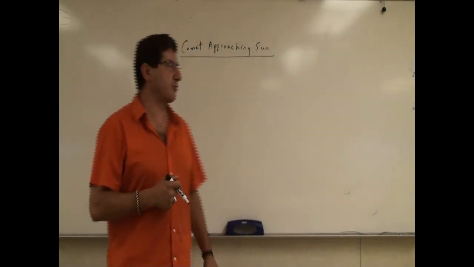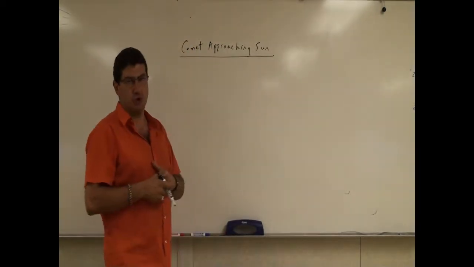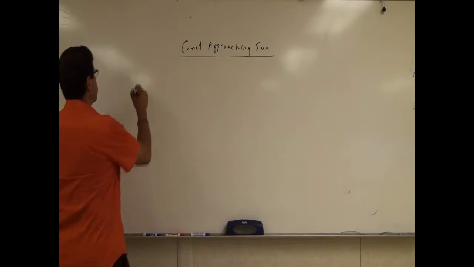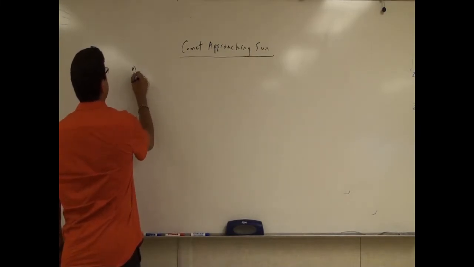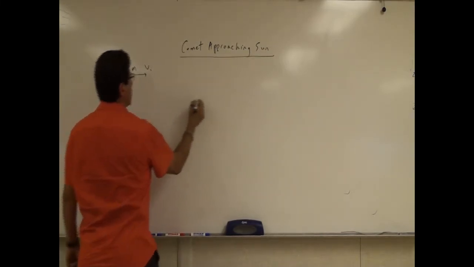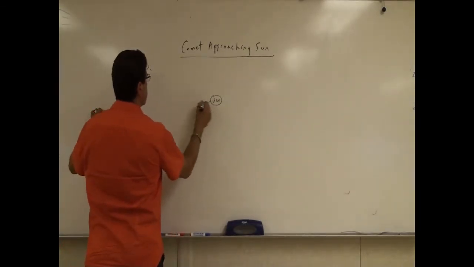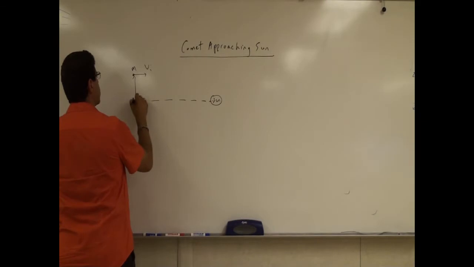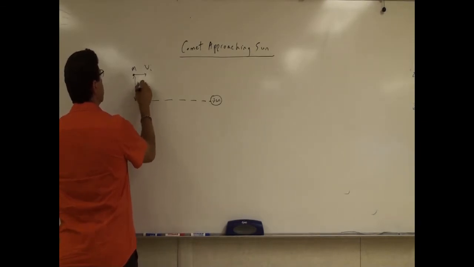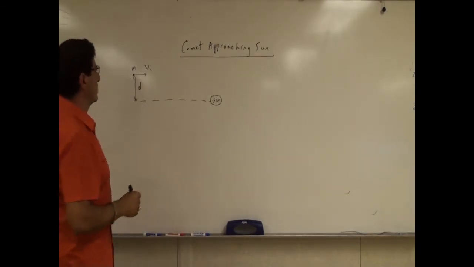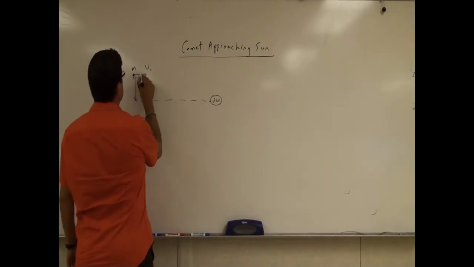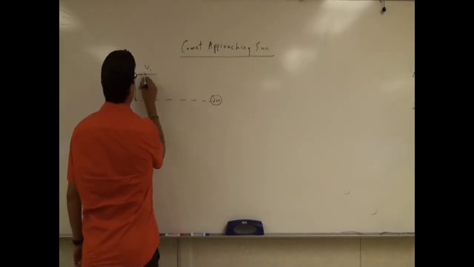So welcome back. Now the problem I'm going to do, I'm calling Comet Approaching the Sun. So we're going to say there's a comet here with a certain mass, with a certain initial velocity. It's approaching the Sun. So imagine its perpendicular distance from the Sun is equal to, let's say, d, right? So then what I want to do is calculate as the comet is coming with a certain initial velocity,